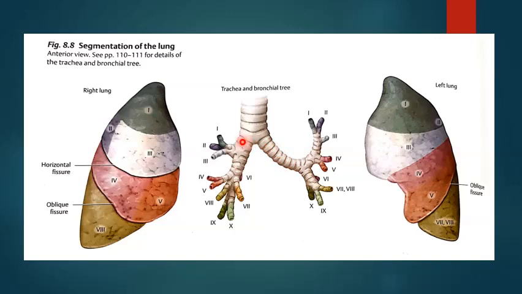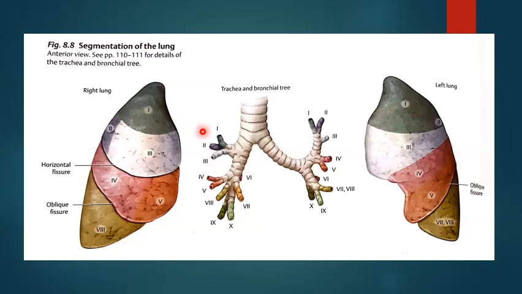They enter the corresponding lung, where each subdivides into successive generations, right? These are the next generations of the bronchi, and finally they reach the lung units. What are the lung units? They are the alveoli, right? So they reach the lung units through the terminal respiratory bronchioles. All these divide further, into bronchi, then bronchioles, and finally reach the lung units through the terminal respiratory bronchioles.